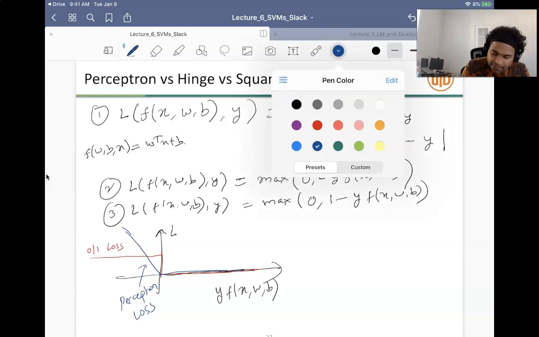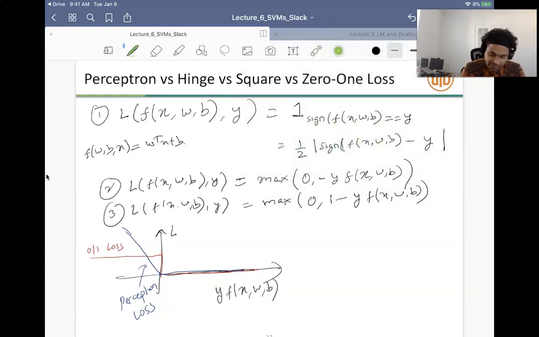And the hinge loss, again I'll use a different color, starts with 1, so it is 1 minus, so there is a slight margin over here, right? And basically I'm saying this is max of 0 comma 1 minus this. So what this means is that if I'm somewhere over here where y multiplied by f of